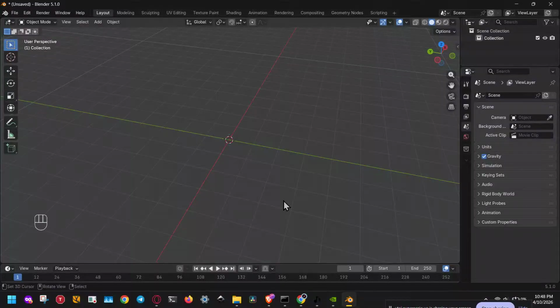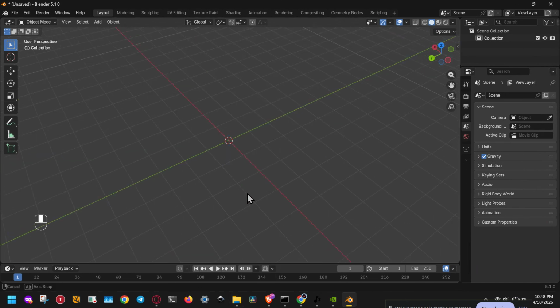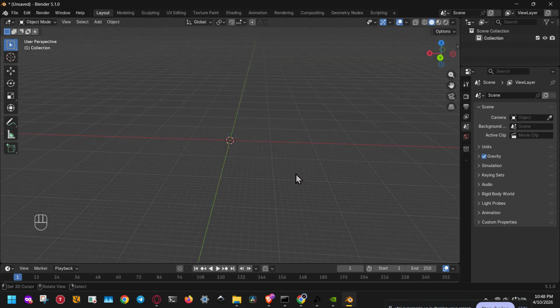If Blender is giving you an error when you try changing modes, don't worry, this is usually caused by a simple conflict rather than a major problem. In this video, I'll walk you through the most common reasons Blender blocks mode changes and exactly how to fix